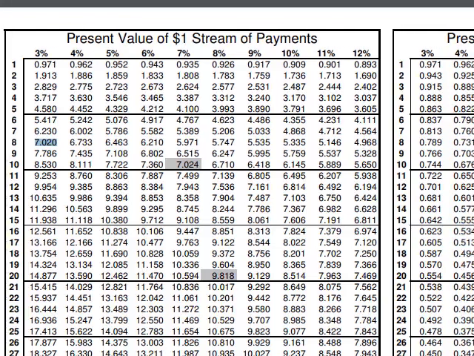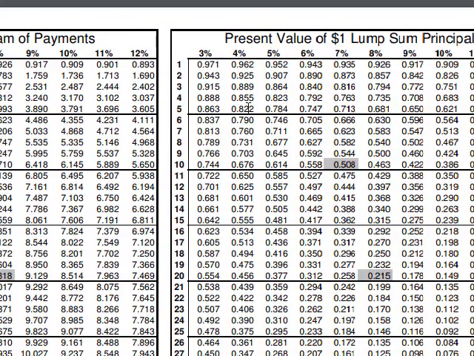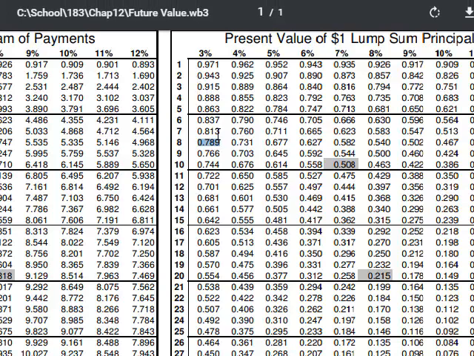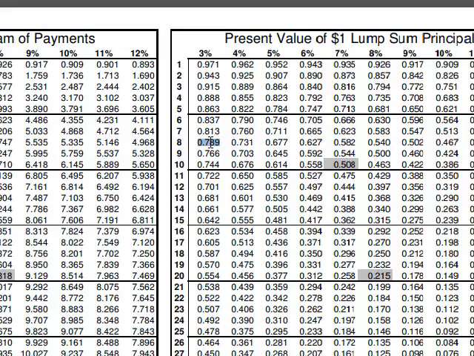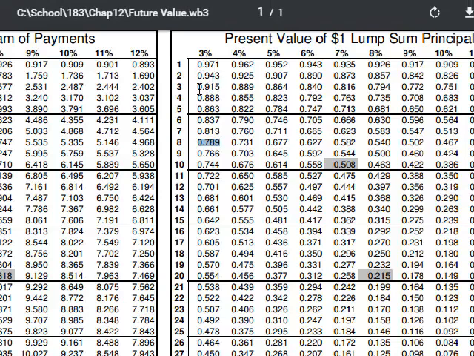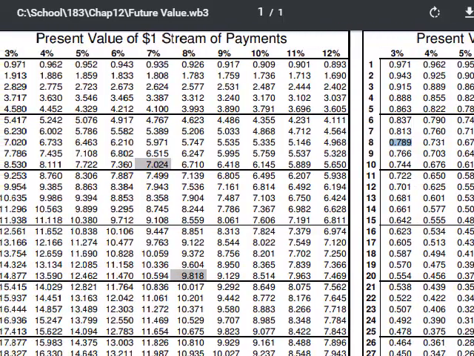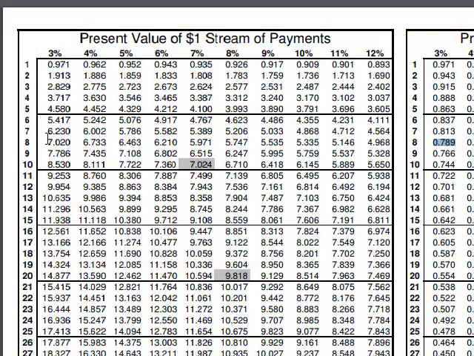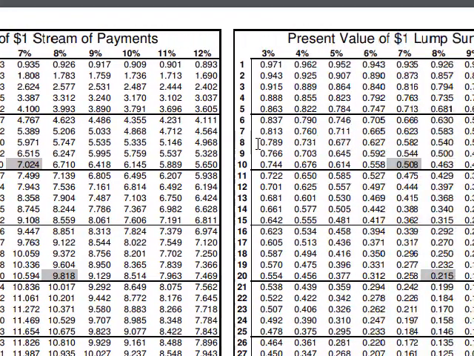And then if we come over here, this table is simply the same table we used in chapter 6. It's a one-time payment. And what we did is we started with year 1, year 2, year 3. But here we're just going to go to year 8 because we're only going to get the $1,000 once. We could use this table and do $70 times this, $70 times this, $70. We can do that 8 times, but no, we're not going to do that. We're going to use the first table over here because it makes life a whole lot easier. So remember these two numbers, 7.020 for the stream and 0.789 for the single payment.